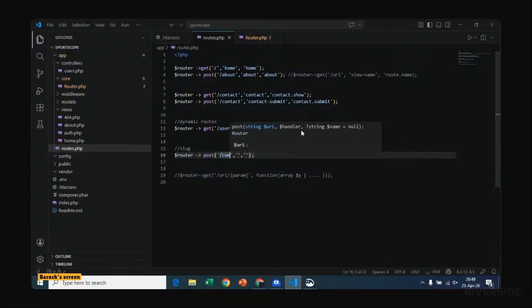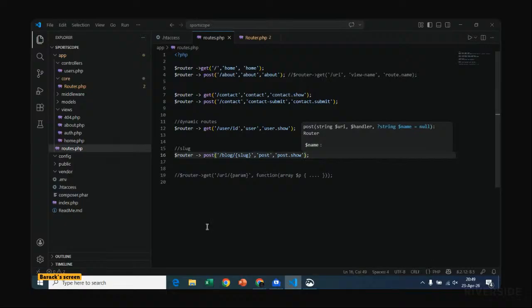Okay, you can say blog, it's also okay. Slash that unique slug that we don't know of that commentary, and then we have the view name called post, and this would come to post.show.